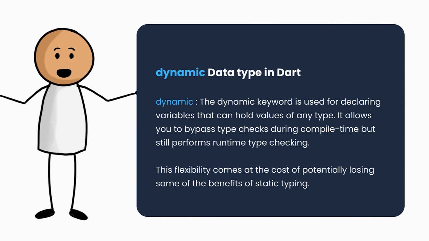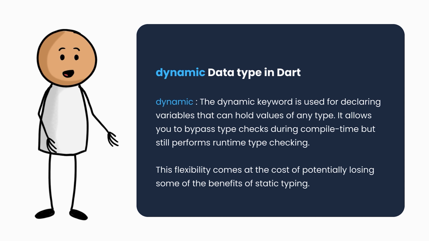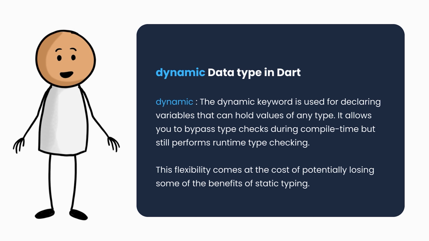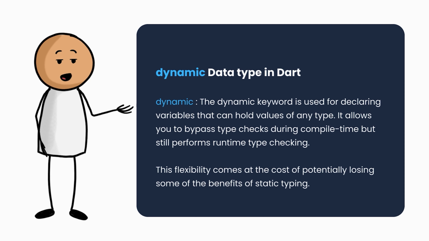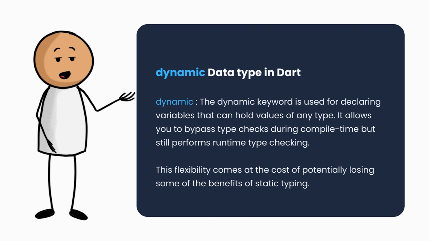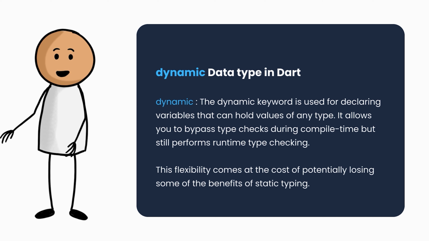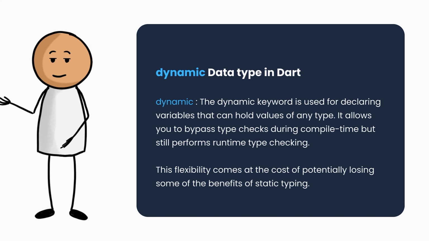Now let's look at dynamic data type in Dart. The dynamic keyword is used for declaring variables that can hold values of any type. It allows you to bypass type checks during compile time, but still performs runtime type checking. This flexibility comes at the cost of potentially losing some of the benefits of static typing. For example,